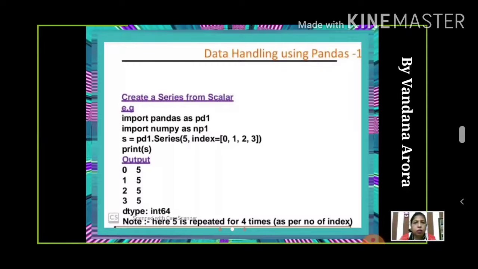Learn about the more series creation methods. In the previous module, we covered series creation with the help of a list as well as with the help of a dictionary. Now I am creating the series with the help of a scalar value. For this, I am using the function pd.Series again and passing a single value, called a scalar value. I am passing 5 and the index I have given is 0, 1, 2, 3